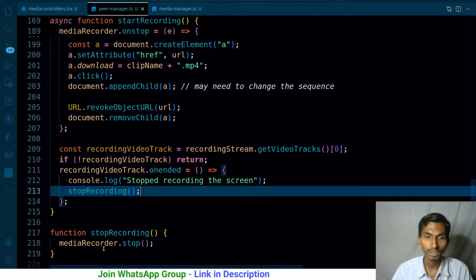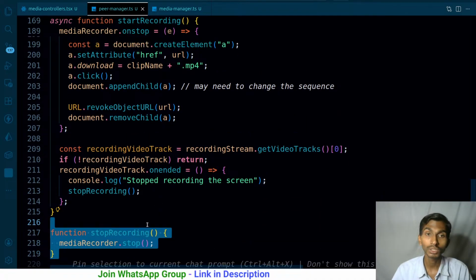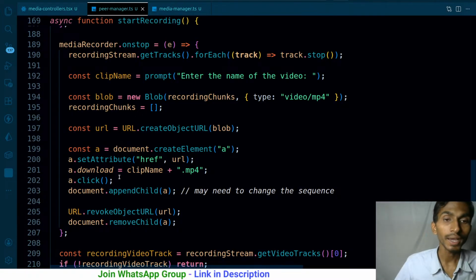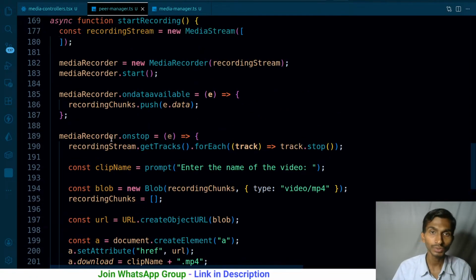When this stop recording triggers, this particular thing will be called, and when this particular thing is called, at that time this particular function is gonna be running. Okay, that's fine. One last thing, that is setting the state. I haven't set the state yet. Setting the state in the sense,